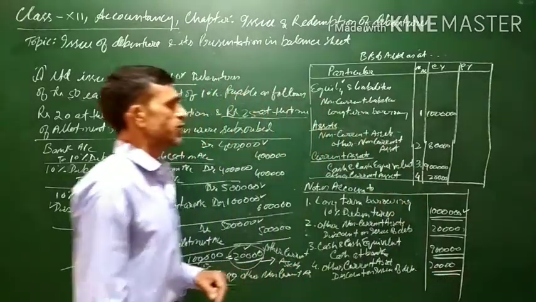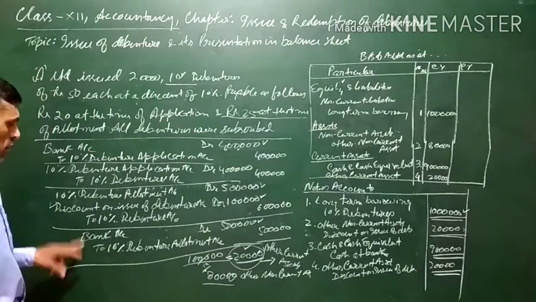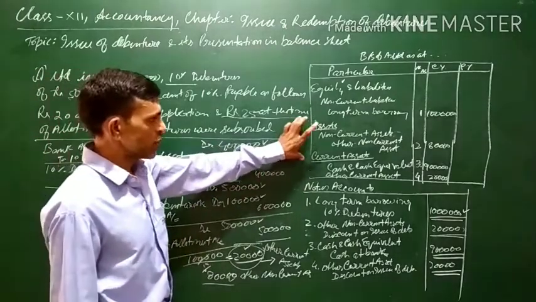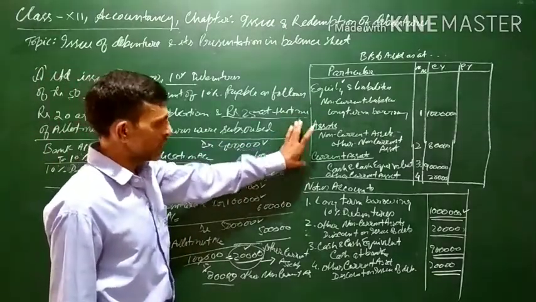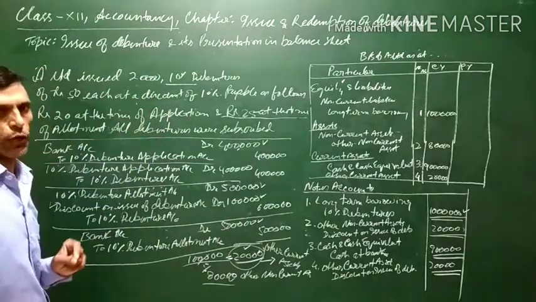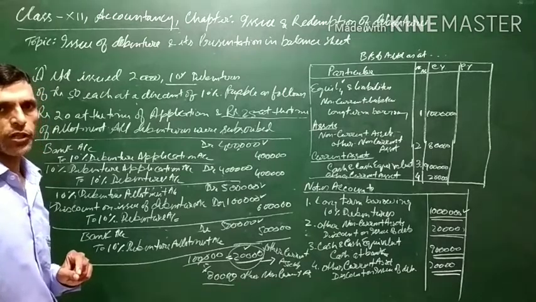These are the changes which will take place. Means in the general entries, the third and fourth entries will differ, and some changes will take place in the balance sheet as well as the notes to account, if the debentures are issued at a discount. Next we will solve a question where the debentures are issued at a premium.